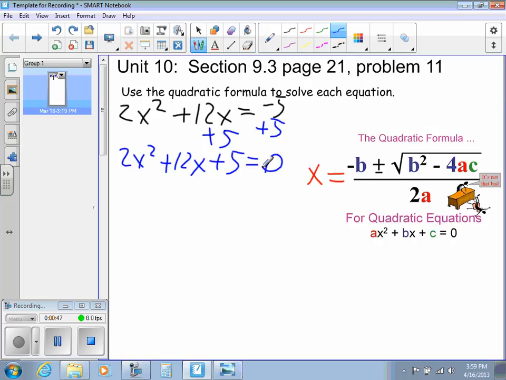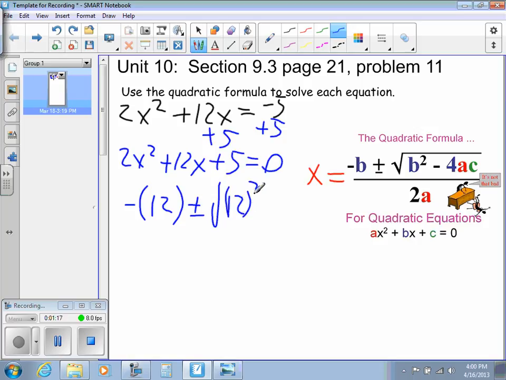And again, you do not need to memorize this formula for the test. It will be given to you on the test. Okay, so now I'm going to go ahead and put in my negative 12 plus or minus square root of, and I'll fill that square root out after I get the numbers put in,